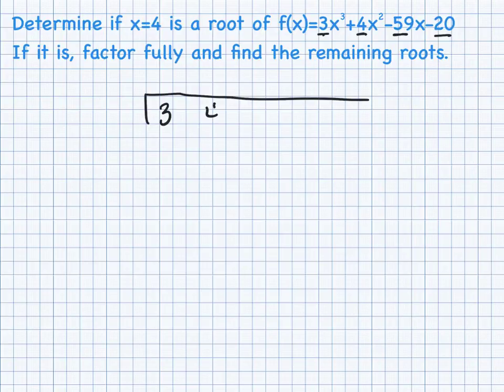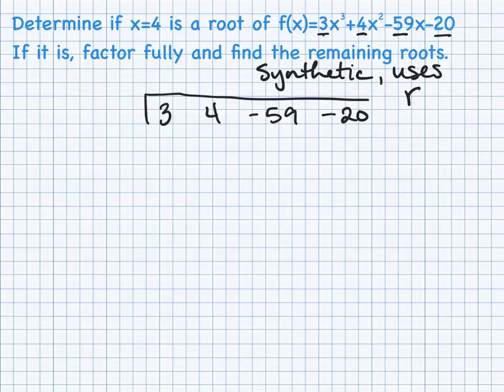So we've got 3, 4, negative 59, negative 20. Synthetic division uses the root, not the factor. So this uses the root of 4. You leave yourself a space, drop down the 3,